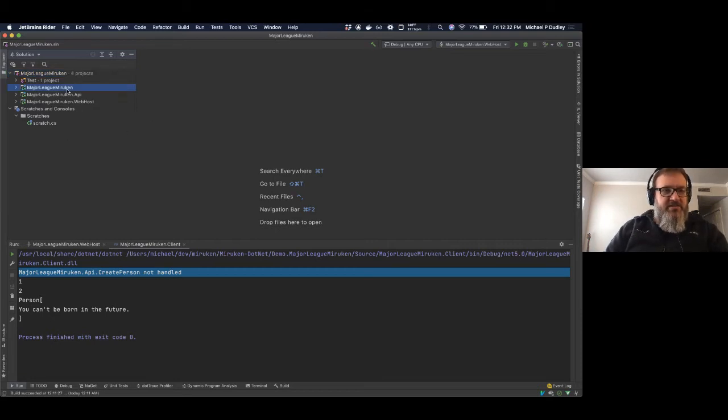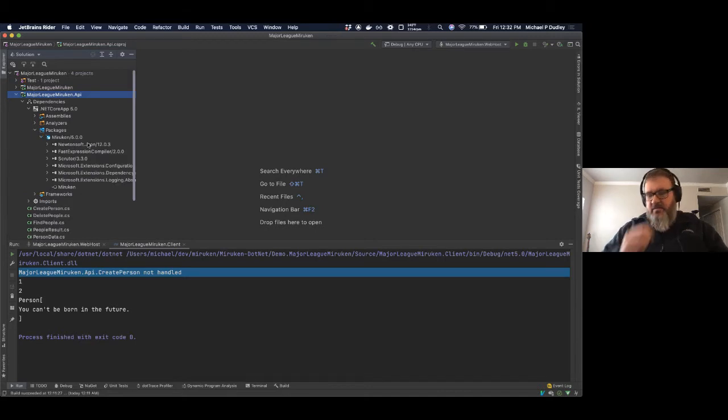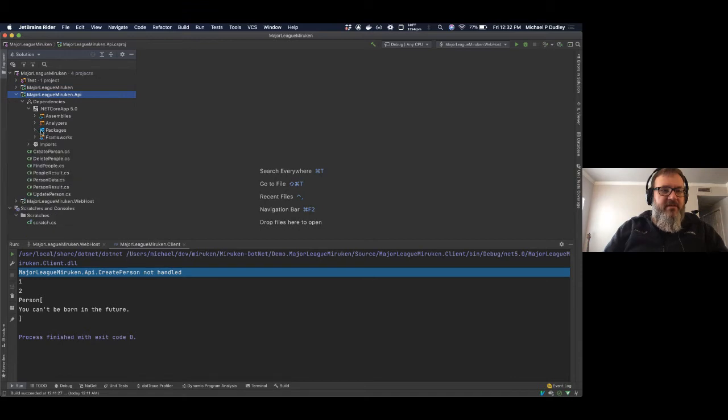And you'll notice I've got 3 projects in here starting out. We like to have this concept of an API assembly. In this particular project, it's just a class library, and we want the minimal things that define the API. How do I interact with my application? We bring in Miruken 5.0 just like we did before, and really we try to keep the references very, very minimal. So what we want this to be is data classes,